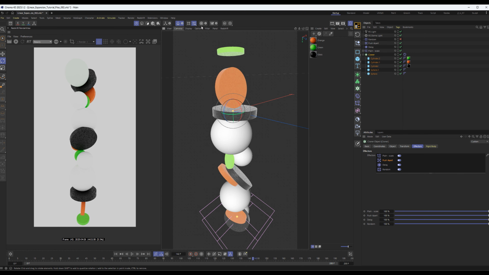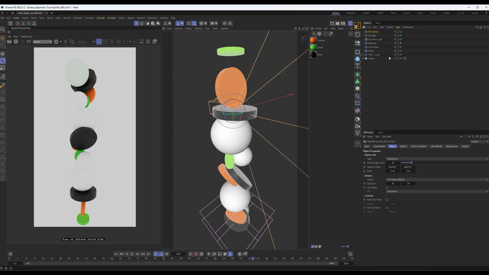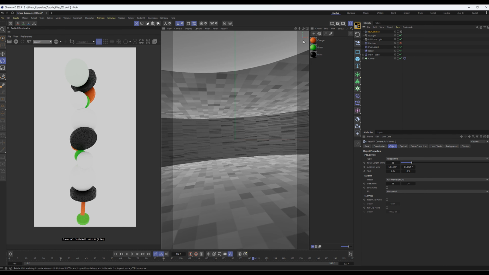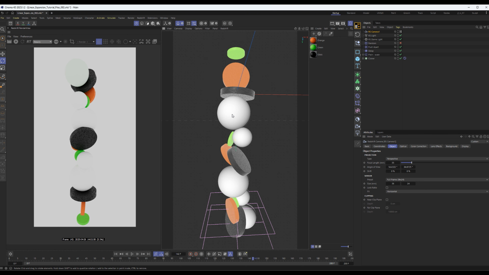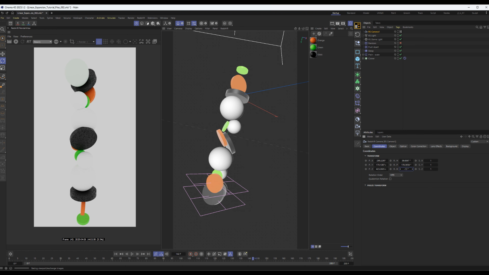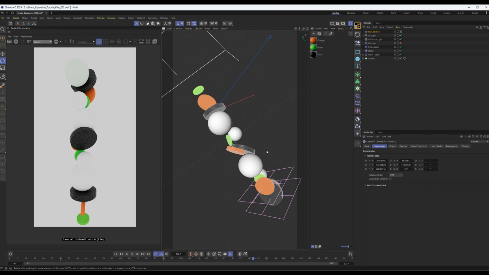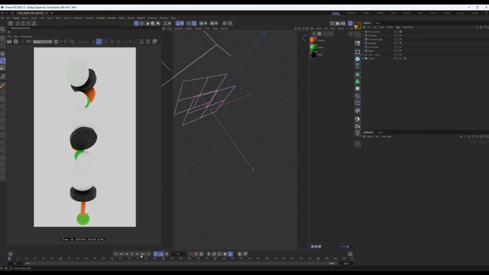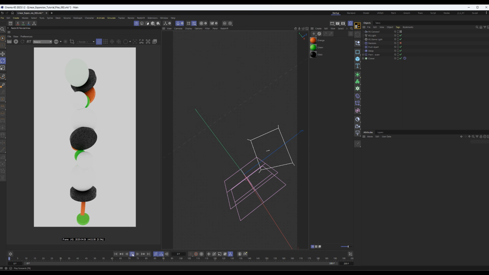Let's actually add a camera to our scene. So let's just add a camera here. Call it camera 1. Let's go inside. And we can start to get a composition around. One little trick we can do is to rotate this, there we go, and I have a little bit of an angle on there. So now if, actually I'm upside down, there we go. So now if we play,